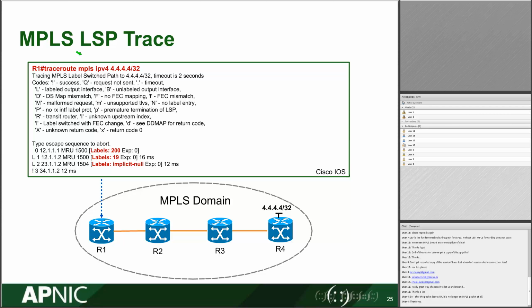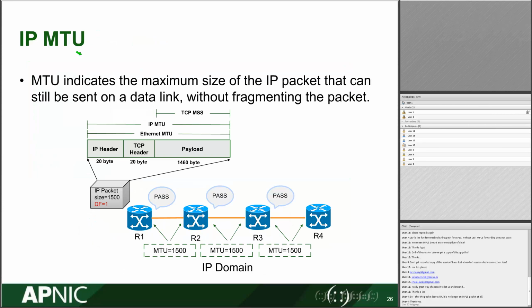So if you really want to check the MPLS part, you can add the MPLS keyword here. So this is the MPLS ping, MPLS traceroute. We can test whether the LSP has really been set up or not. The last part is a little bit of MTU. When MPLS has been deployed in your network,